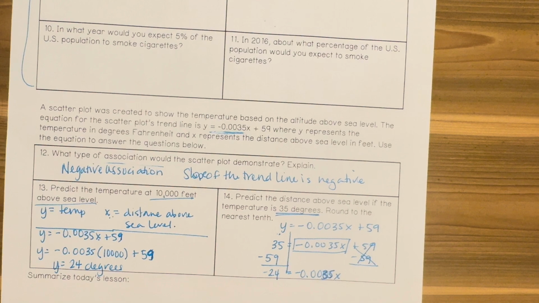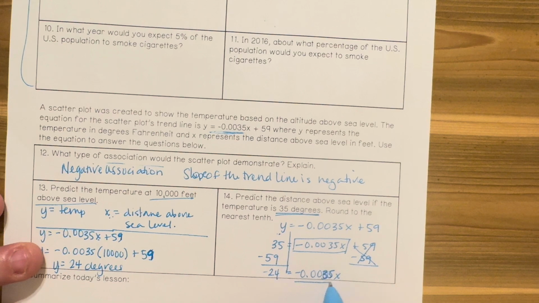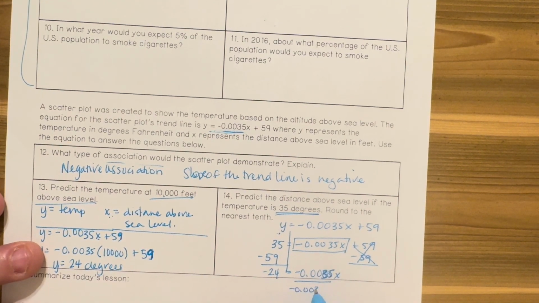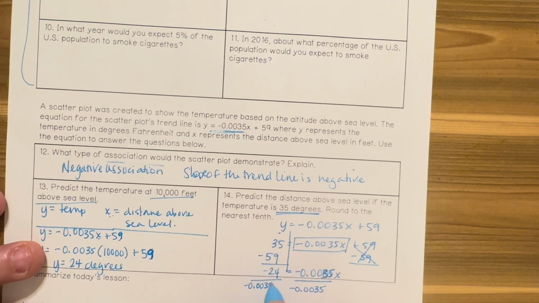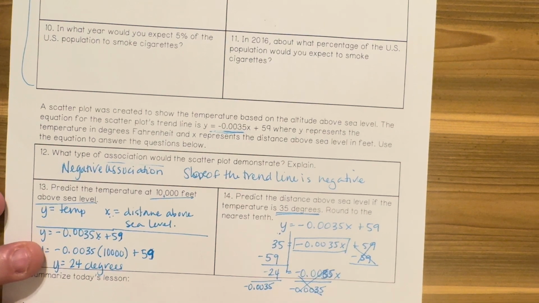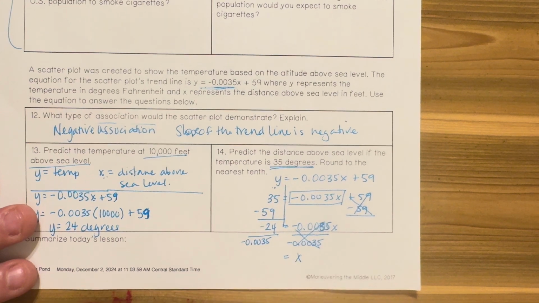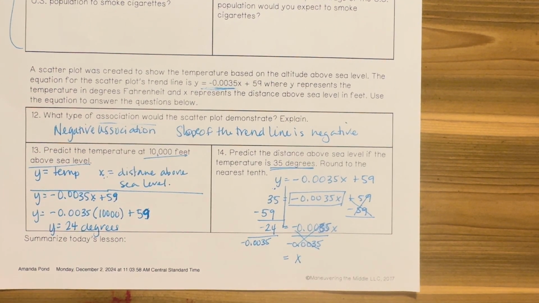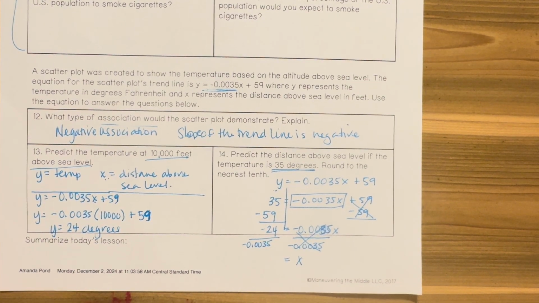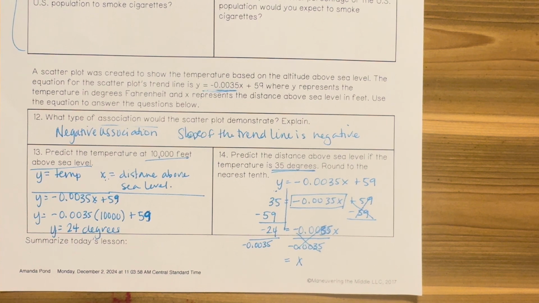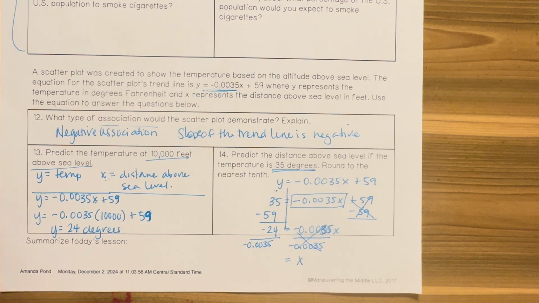All right, it is finally time for him to venture out on his own, so we're going to break these two up. Since they are multiplying, we are dividing. So we are dividing by this on both sides. These equal 1. And so that leaves me with x by myself. And I'm not even going to attempt to figure this out. So 24 divided by negative 0.0035, right, equals